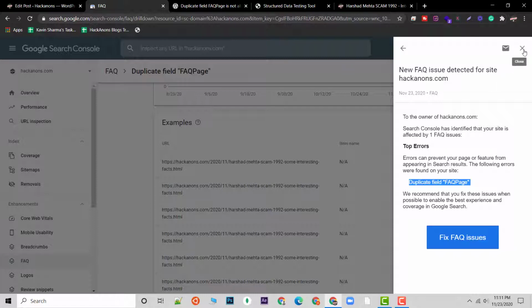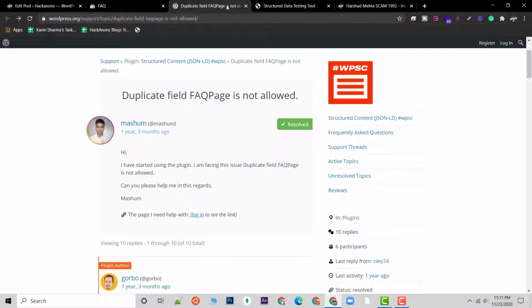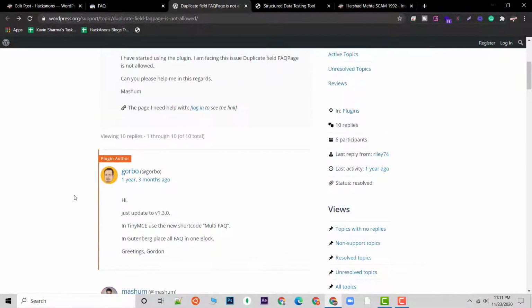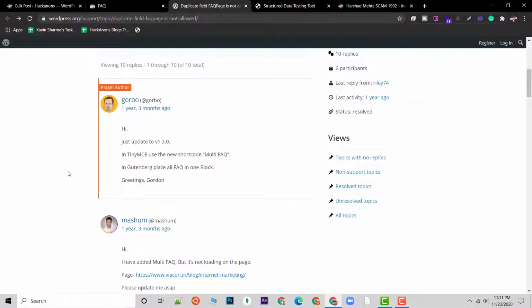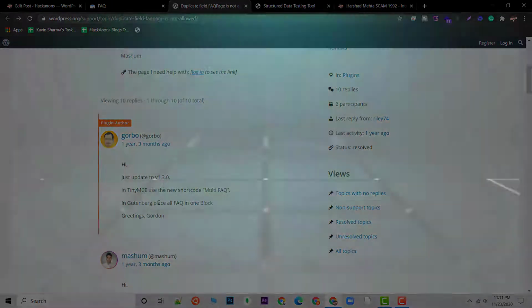When I checked and looked around, I got to know that there is no fix for this issue yet. People have been asking for it for the last 1 year, 2 years, but still there is no fix. So here's a workaround that I did, and you can see I'm able to fix this issue, and I will show you a step-by-step guide on how to fix this. So guys, without saying more, let's get started.